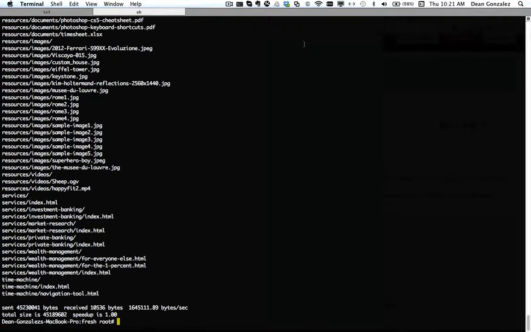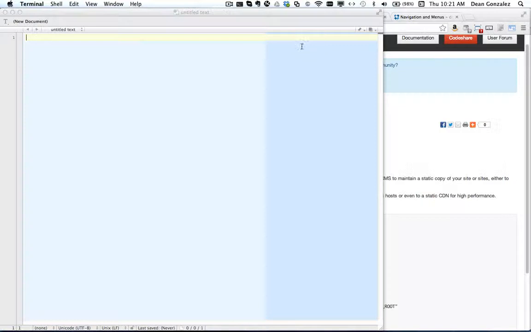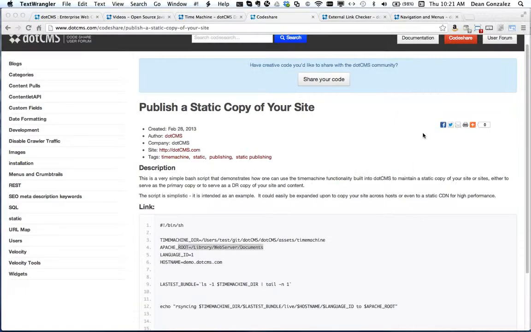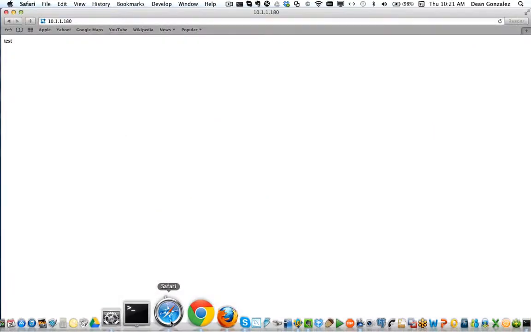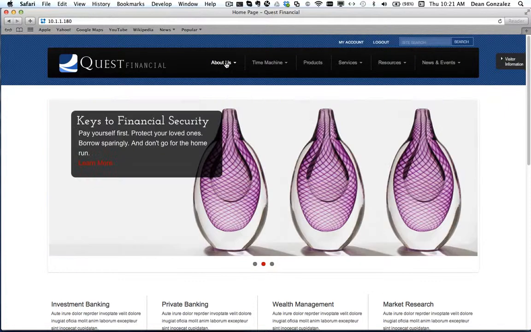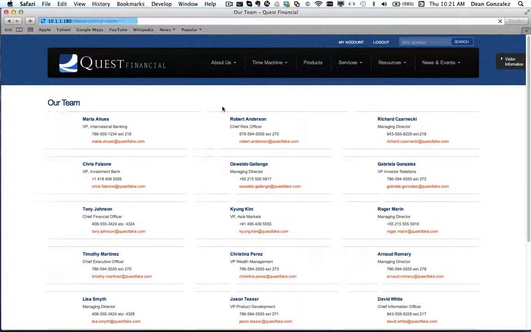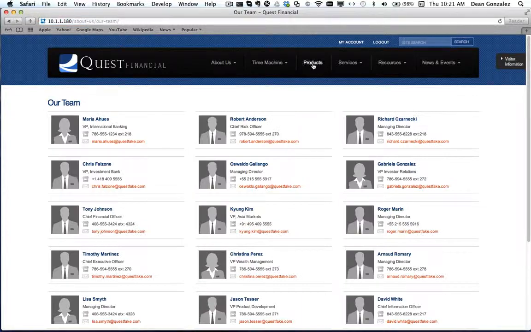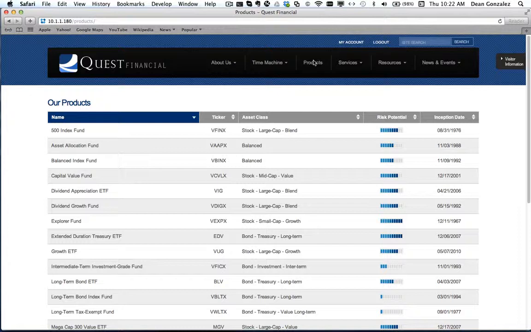So after he finishes running, now I will be able to come back to my Safari server here, and I hit the same URL I hit before, and now I've got that static copy of the site that is pure flat HTML. Once again, if you build a site that is extremely velocity driven and dynamic, whenever you click on things that are dynamic, that velocity code's not going to execute. But if you hit things like our team, products, flat HTML pages that can be presented,